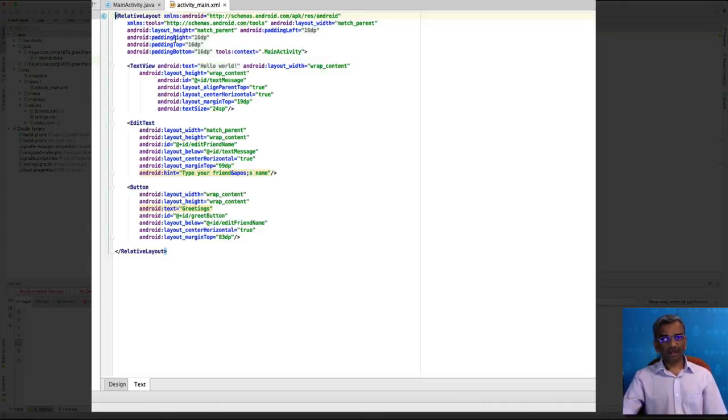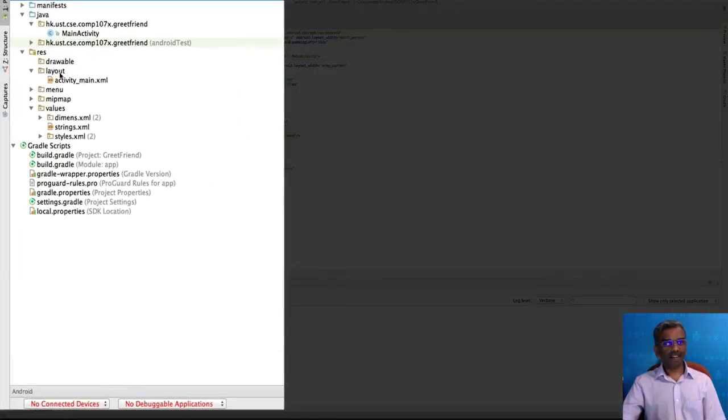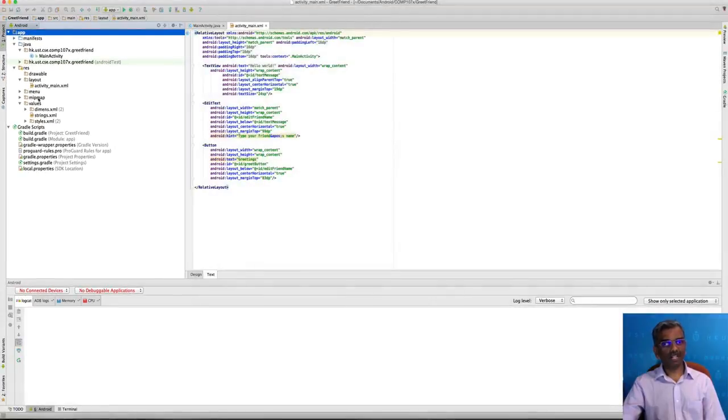So within this XML file, you see the three different views being described here. In addition, for each of these views, we have certain properties being set up in XML. These three views are then enclosed inside a view group, which is the relative layout. The layout files are enclosed inside the layout subfolder of the resources folder, as you see in this folder hierarchy